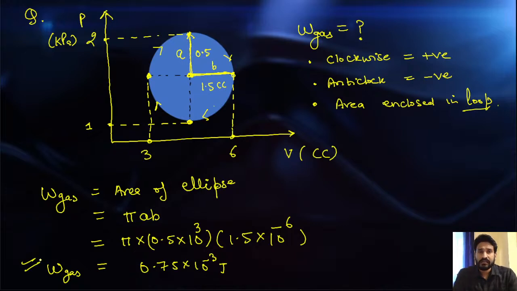Very simple. If my question is related to a loop, then if the process is clockwise, the answer will be positive. If the process is anti-clockwise, then it is negative. Just calculate the area enclosed in that loop, that will be the magnitude, and with the help of the clockwise and anti-clockwise funda you can get the value positive or negative. If this type of question comes in the GATE, then one option will be plus 0.75 into 10 raised to power minus 3. Another option will also be minus 0.75 into 10 raised to power minus 3. So it means that